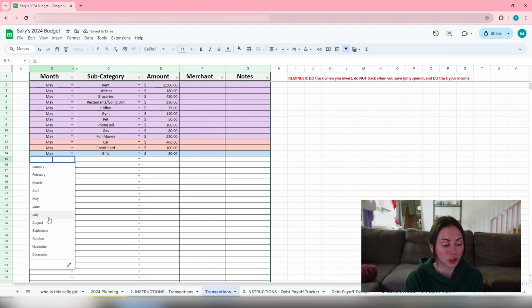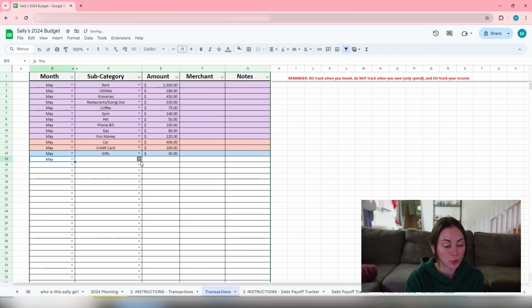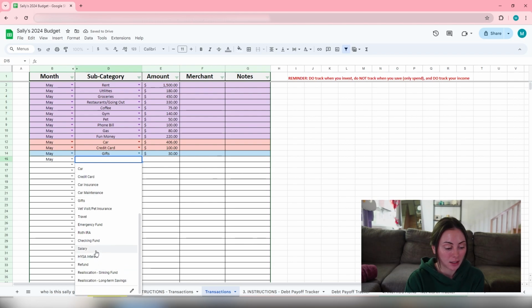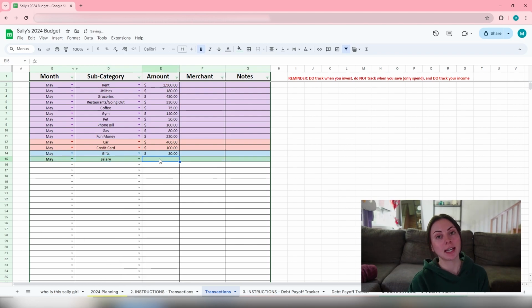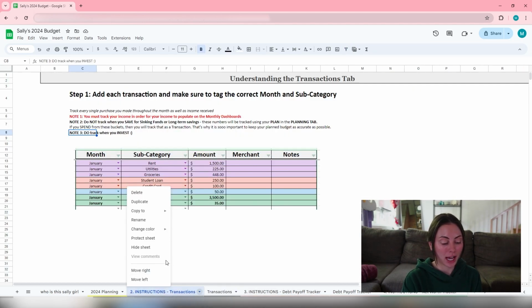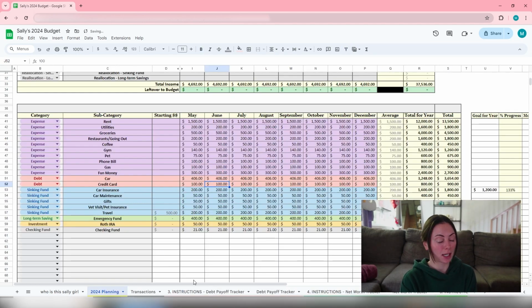But one thing I do want to highlight is we do need to be adding salary. So any income that you receive, when you do receive it, add it as a transaction. So we know her salary is $46.92. Okay, so we're gonna hide the instruction sheet for transactions because we get it, and on to the debt payoff